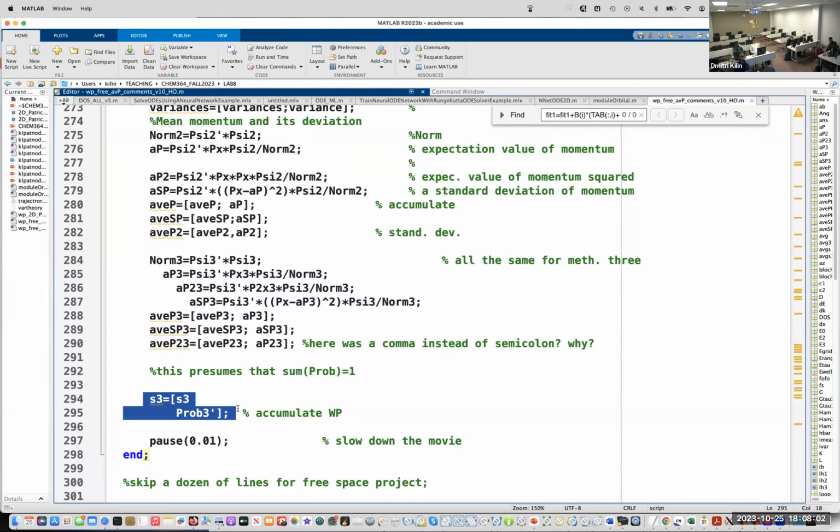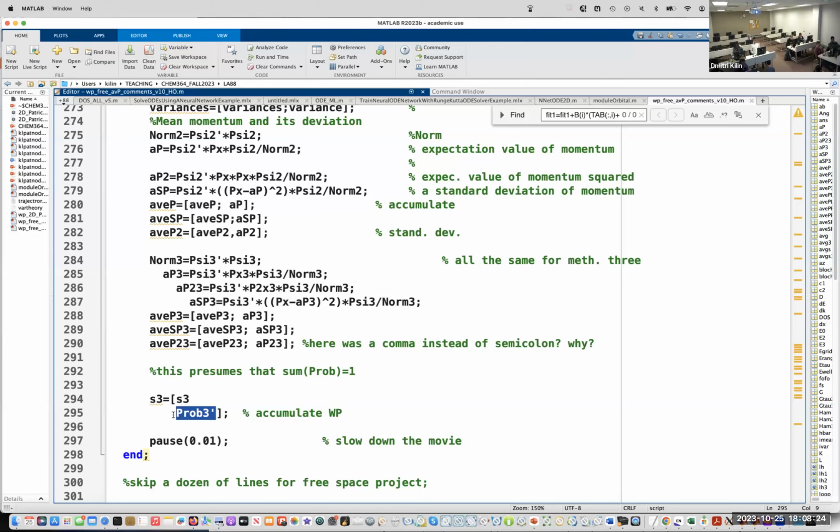So this figure that I've asked Wyatt to plot is stored in the variable S3. It is defined in here. The probe 3 is the one-dimensional array, right? It's probability distribution.